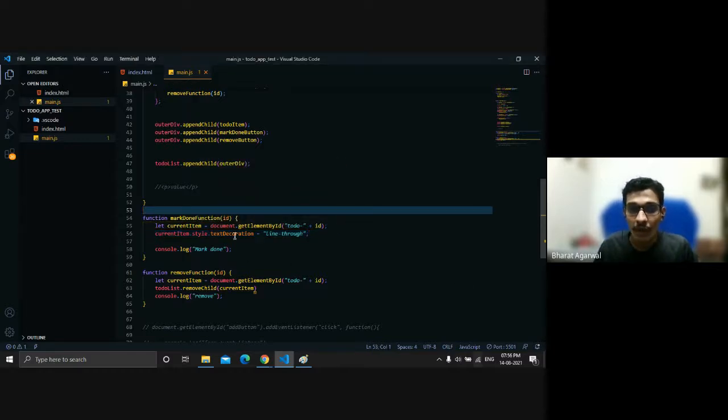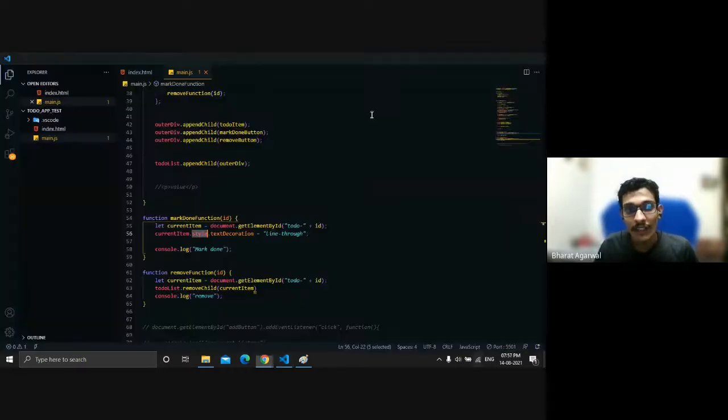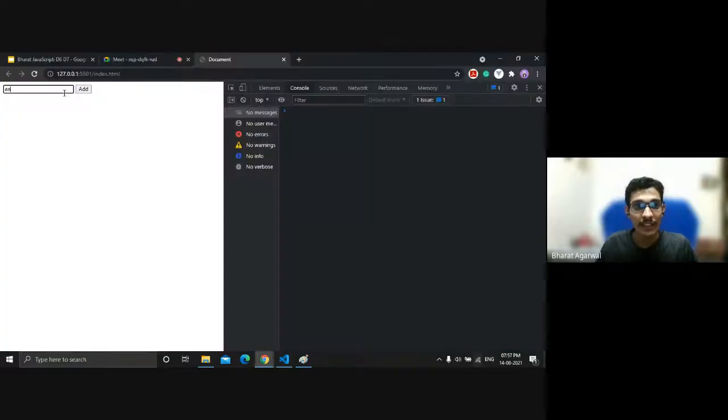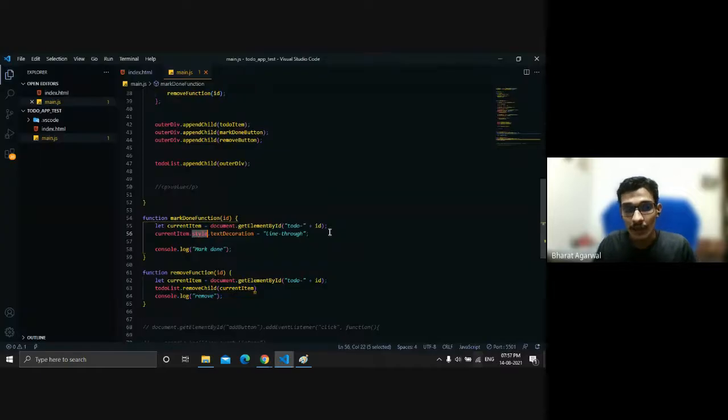So what it will do is just strike out that item which we just created. Let me show you, you see there's a line. Let me quickly zoom it. You can see this is what we can do. So if we can remove it, we can just mark it as done. This is how we can assign some styles to it.